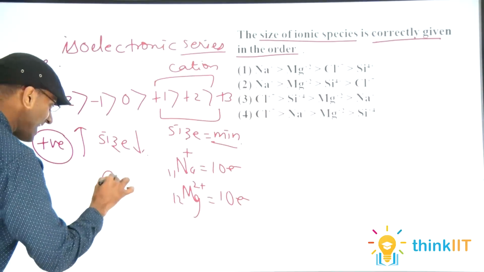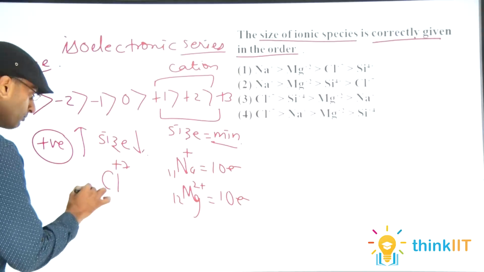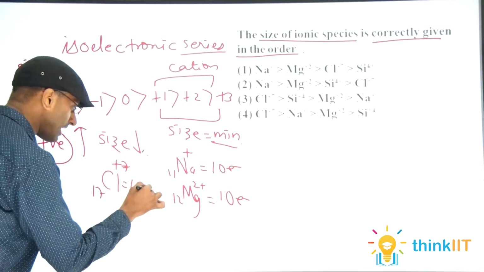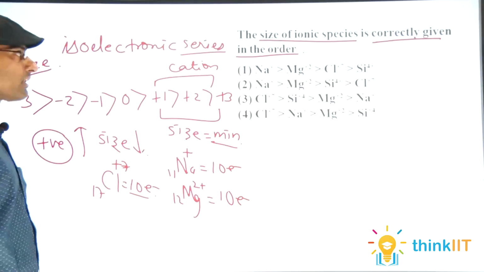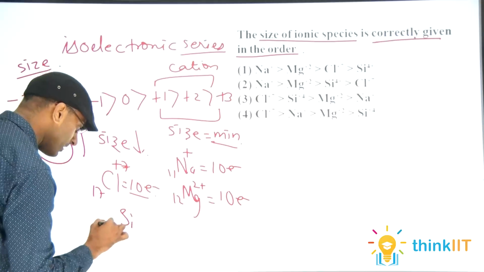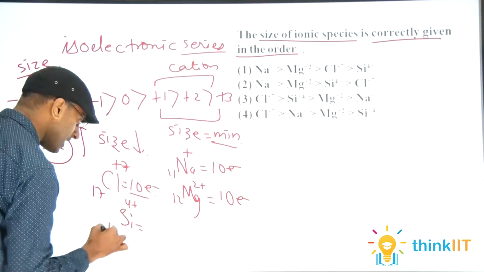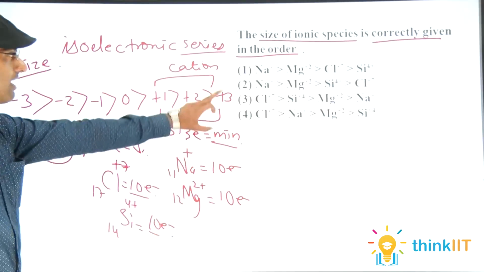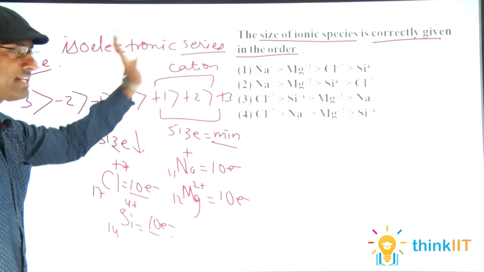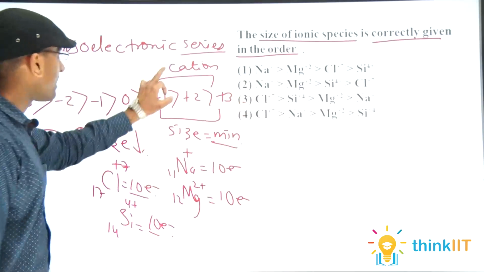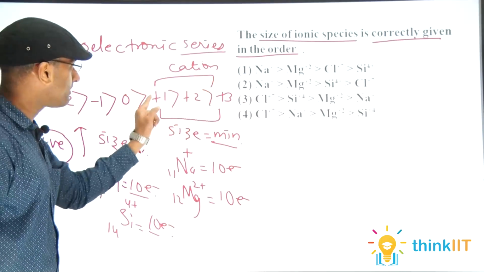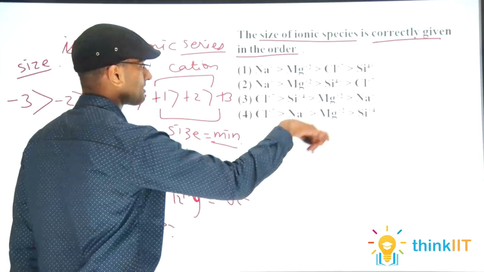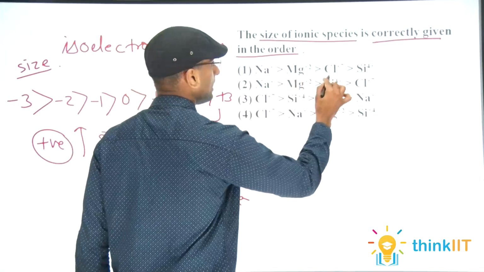Next we have Cl+7. Student, you must know that the atomic number is 17 and +7 means 7 electrons are removed, so it is isoelectronic with all these. Silicon, atomic number is 14 and +4 charge says that 4 electrons are removed, now it has 10 electrons. So all of these are species of an isoelectronic series. So we can say one thing: cations have the lesser size, it means the more the charge, the lesser will be the size. So now just compare it.